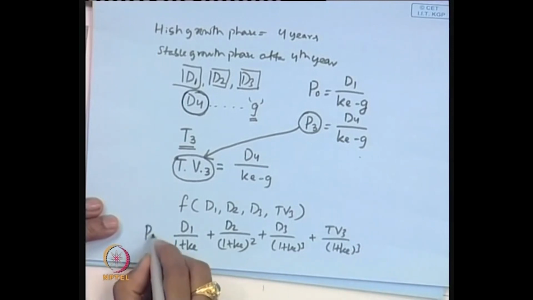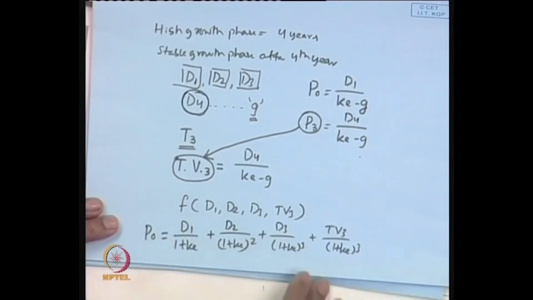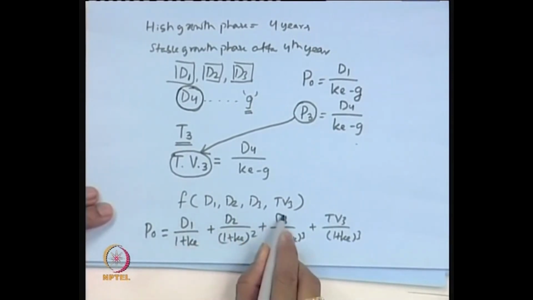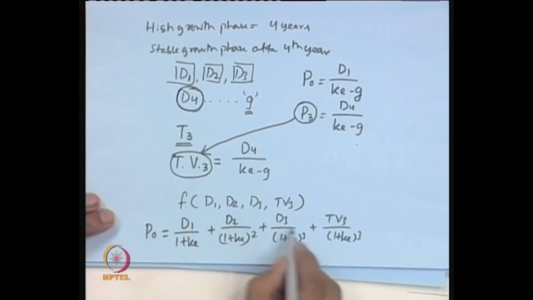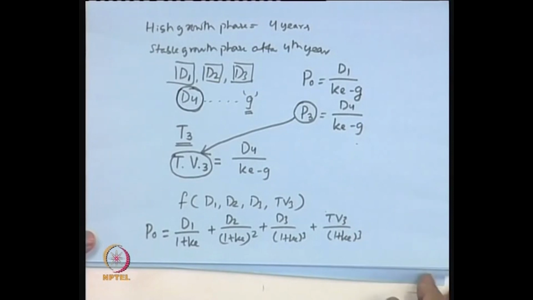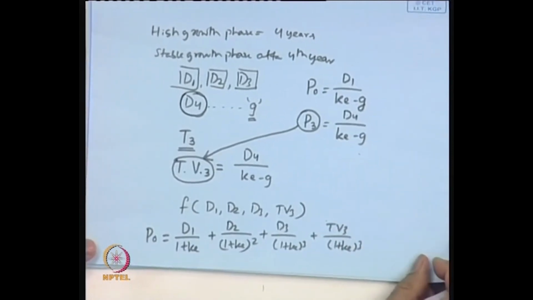So, this is going to be the price per share value of the equity as per a model, where D1, D2, D3 have been found out separately applying the supernormal high growth, and the terminal value has been found out by applying the 4th year's dividend as well as the stable growth from the 4th year onwards. So, this is the basic approach for valuation of a share where multi-stage growth is there.